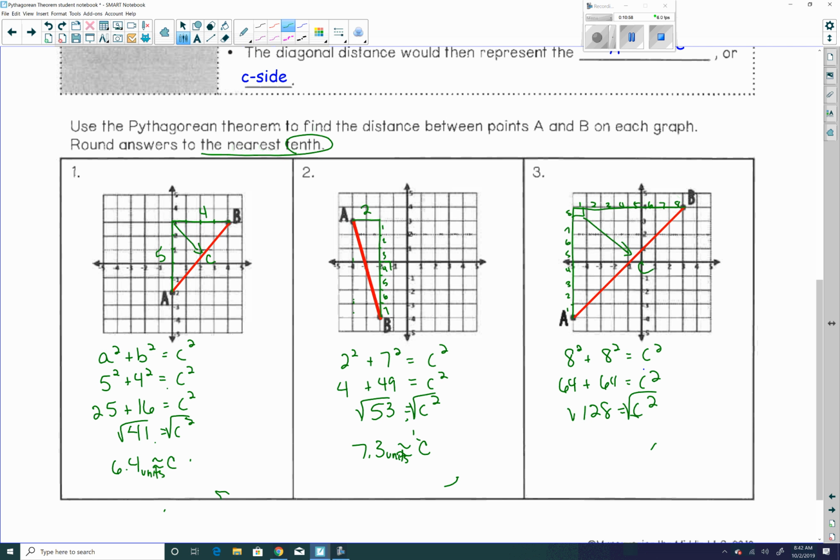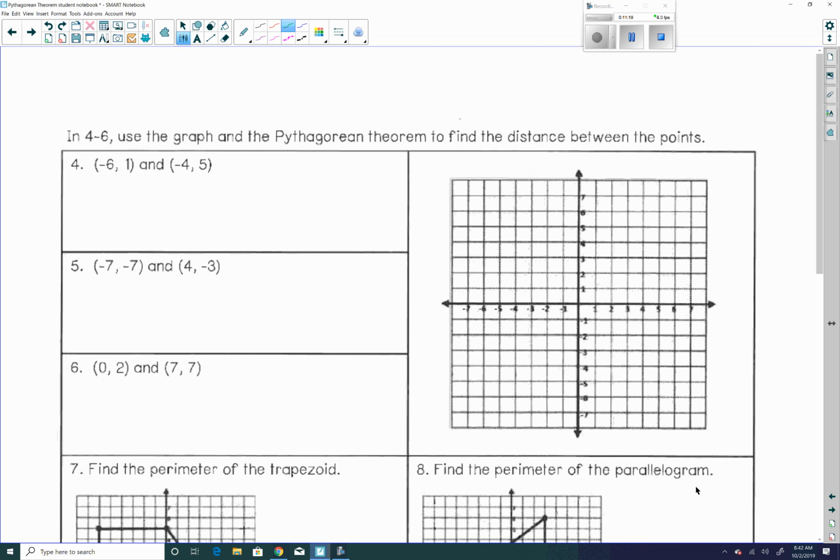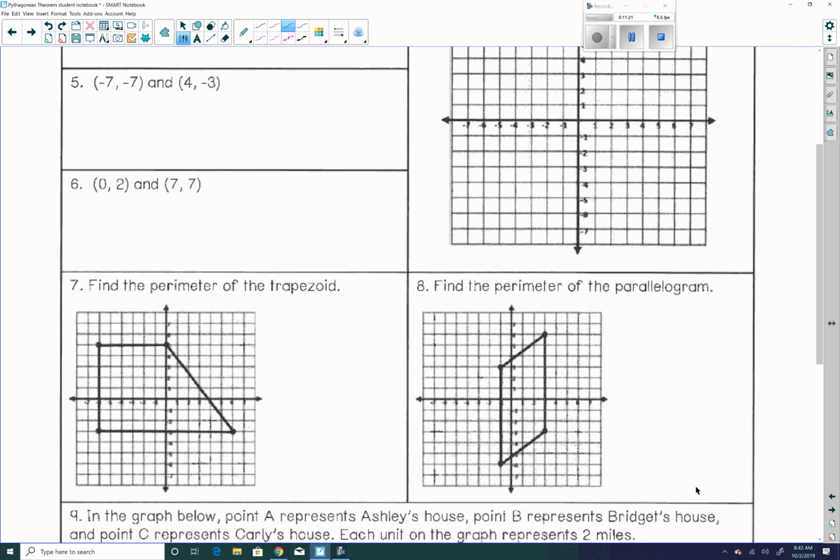Square root both sides. It's going to be 11.31. So C is about 11.3 units. There's the quadrant that we did. Okay. So the next part says,